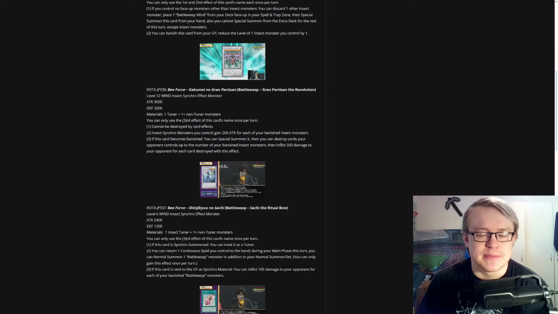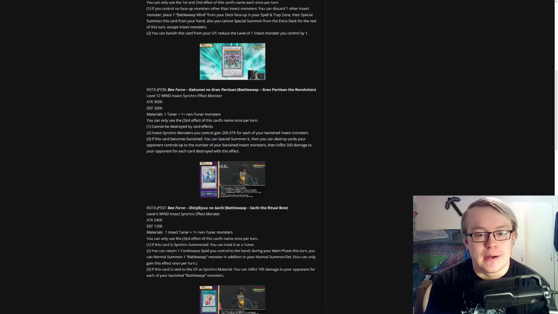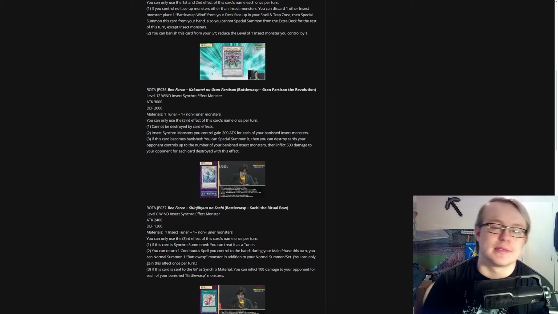And if this card becomes banished, you can special summon it. Then you can destroy cards your opponent controls up to the number of your banished insects and inflict 500 to your opponent for each card destroyed by this effect. This is interesting. There's definitely ways you can trigger this on your turn. You can banish it off of an Armor Horn, off of a Doom Dozer, a Beargram, for example. I'm still kind of racking my head on how you banish this potentially on the opponent's turn to make it like a board wipe. That would require you to go into this first,